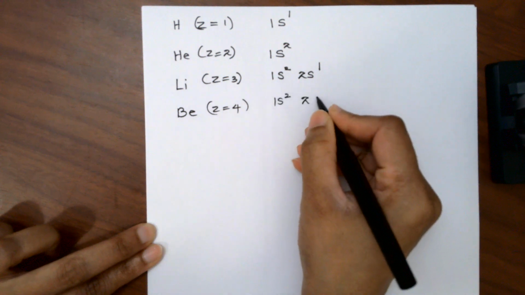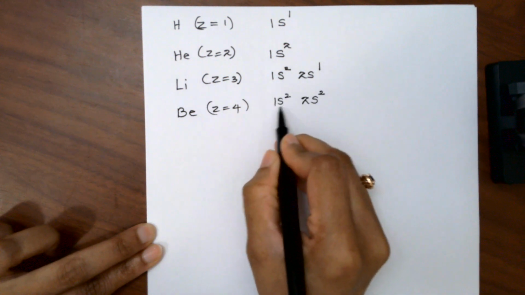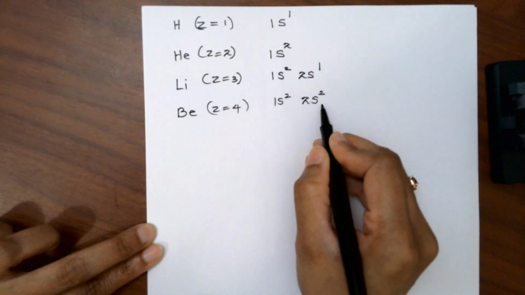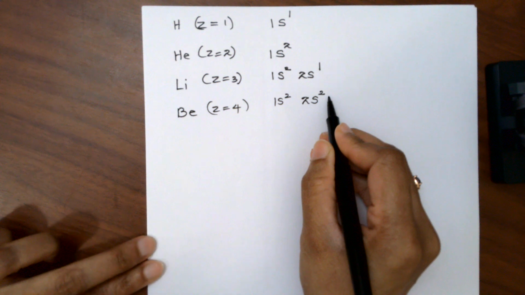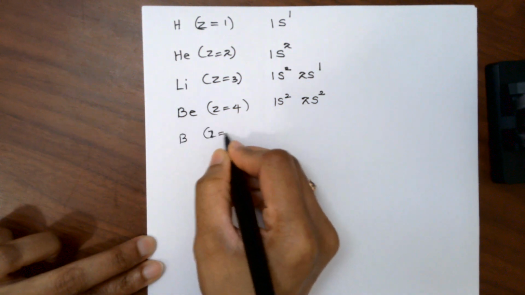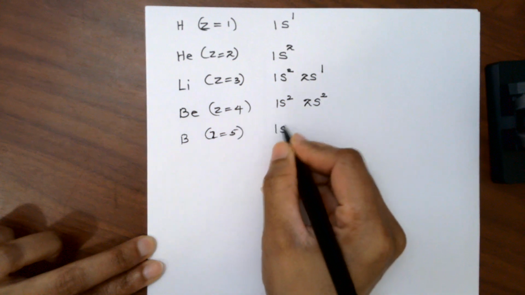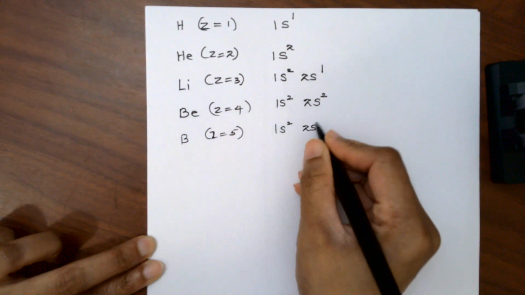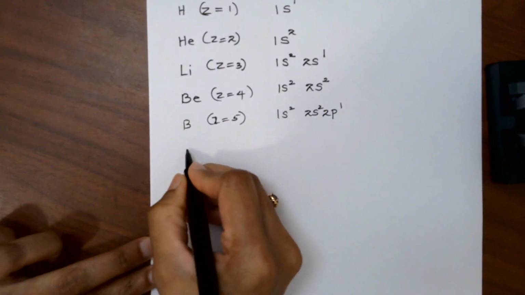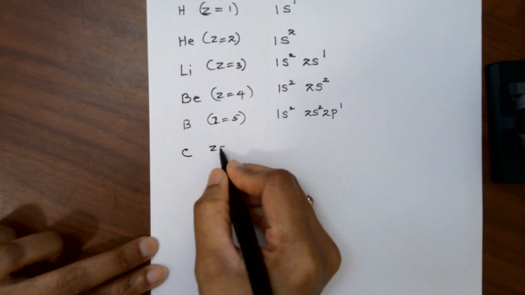1s2, 2s2. At the n equals 1 level there are 2 electrons, and at the n equals 2 s level there are 2 electrons. Boron, Z equals 5, 1s2, 2s2, 2p1. Right? And then carbon, Z equals 6,